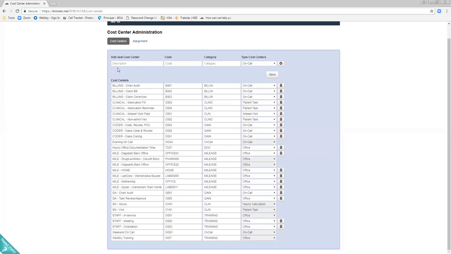Before we jump over there, though, I want to take a look at this assignment tab. You'll notice at the top, there's a place where it says cost centers, which is where we are now. There's also this tab here for assignment. Now, this is kind of a little out of order for the things that I'm talking about logically,